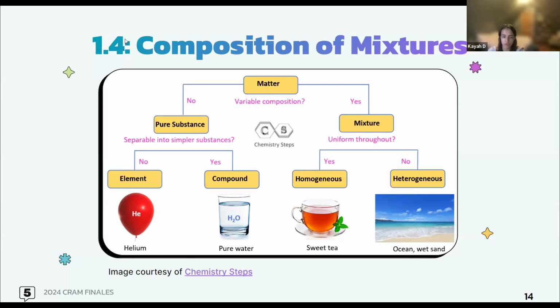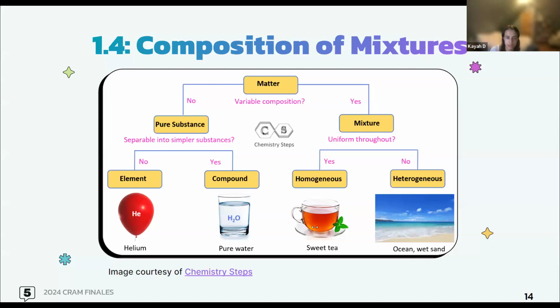Some examples of homogeneous mixtures are sweet tea. You can't really filter it. It's pretty much just one consistent substance. Versus if you have an ocean with wet sand, obviously then you have two different substances and properties that are mixed together. On the other hand, if it's not a variable composition,